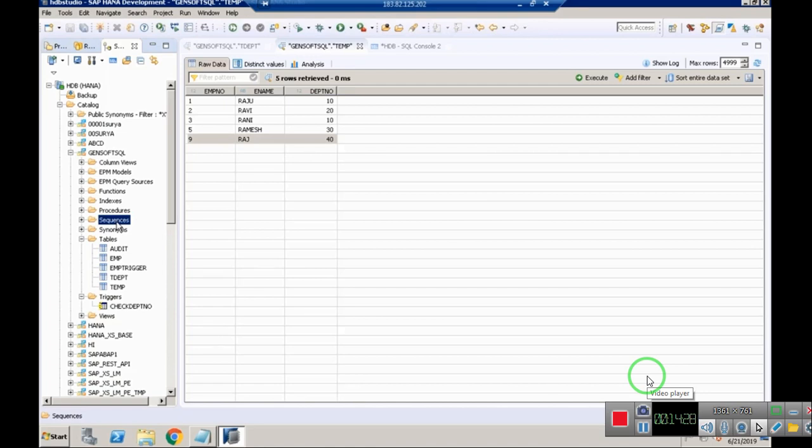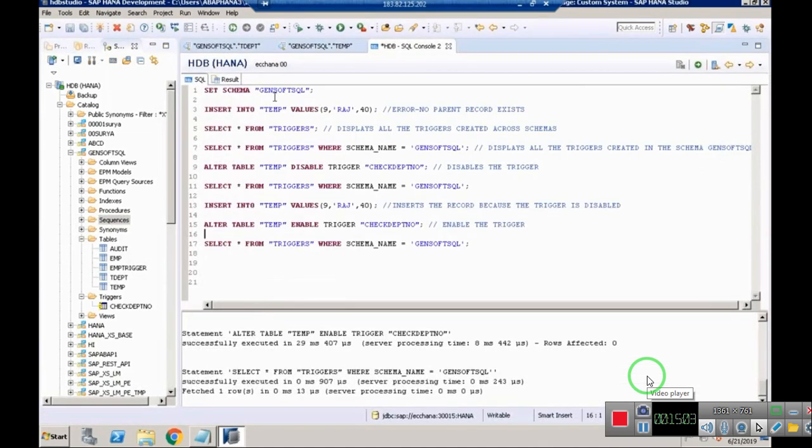So the same kind of thing we can achieve at the database level also, the HANA database level. So we can create the sequence and we can attach it to any number of table columns. This sequence we can create both by using the UI as well as by using the SQL editor. In the last session, we understood that triggers cannot be created using the UI. Triggers should be created only using the SQL editor, whereas a sequence can be created using the UI as well as using the SQL editor. So what I'll do now is let me create the sequence and then I'll attach it to